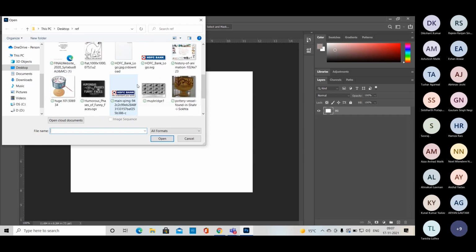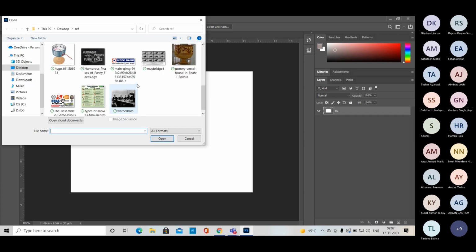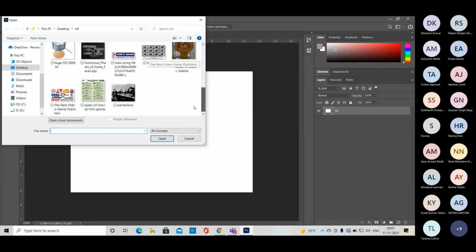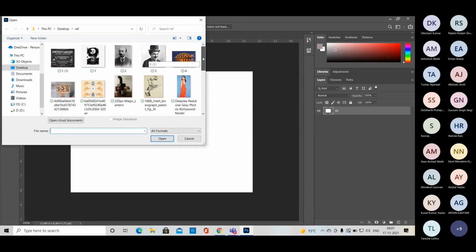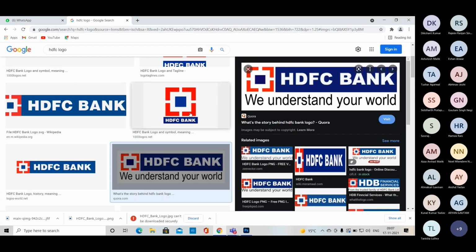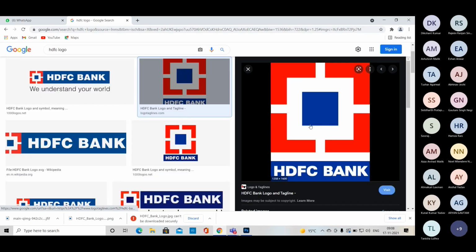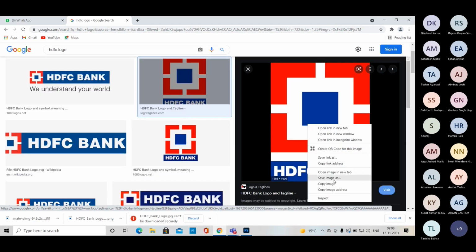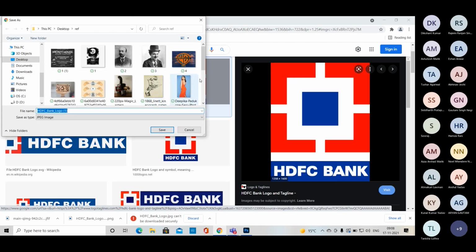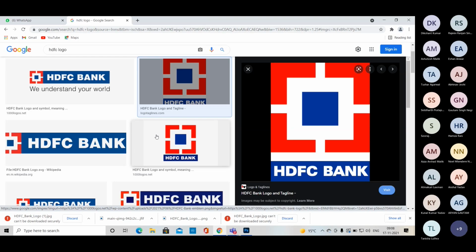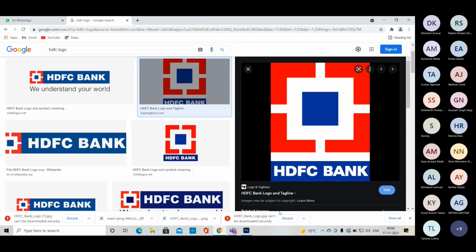So I'm searching for the simple logo design. Where is it? I saved it here. And found. Where is it? I think I have to check it again. It's not downloaded, it's a discarded image. So there is some issue in it, I think.